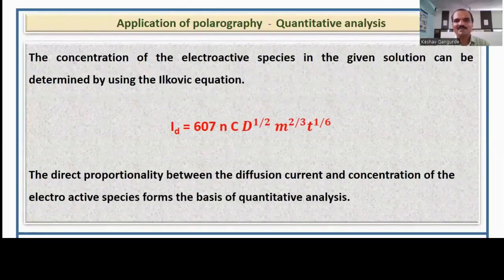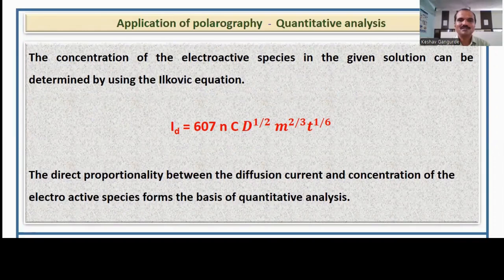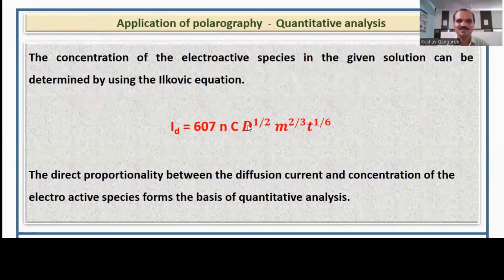Let's see the applications of polarographic analysis. Polarography can be applied for both types of analysis, quantitative as well as qualitative analysis. For the quantitative analysis, the concentration of electroactive species in the solution is determined by using the Ilkovic equation. The equation is